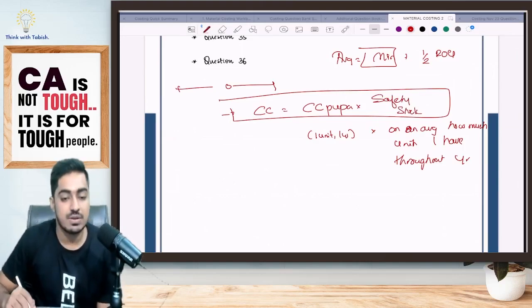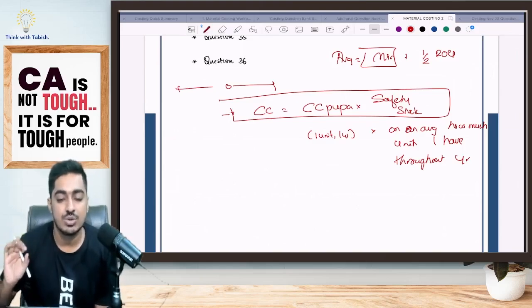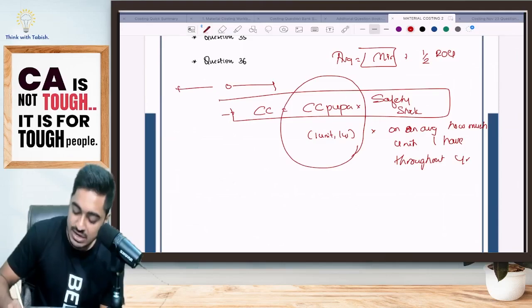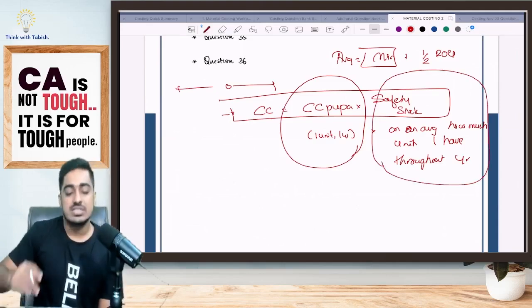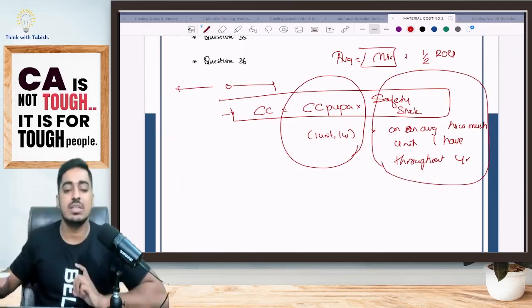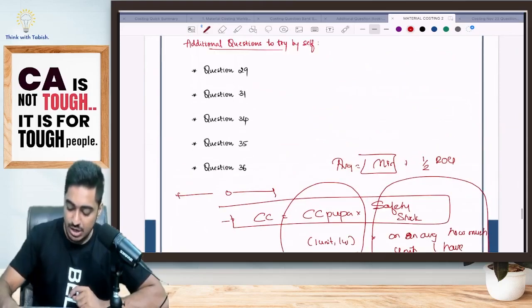Yes or no, everyone? Just based on the feel. If you have just by-hearted formulas, trust me, it is not possible to get the solution. You have to have some feel of what the formula is trying to tell. For 1 unit for 1 year, how much it is? Like that, on an average, how many units am I holding? Safety stock I will hold with me throughout the year. That means full safety stock will be there with me. Is this clear, everyone? Yes, sir. It is reasonably clear. Don't worry.